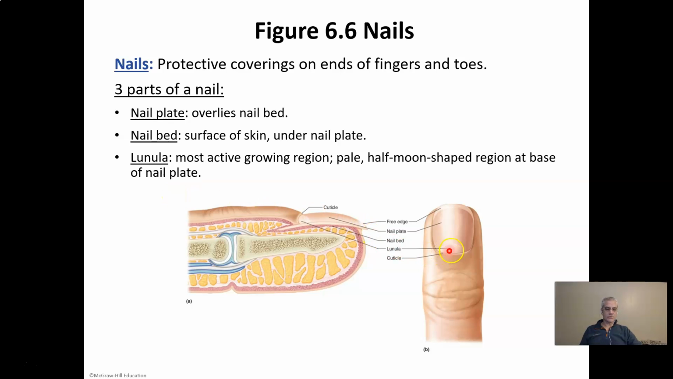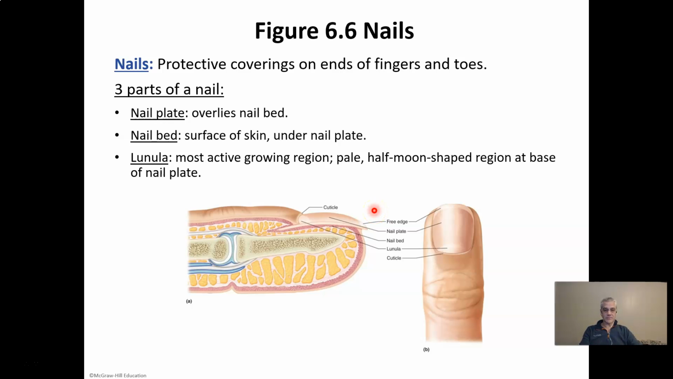So, nails grow, cells divide, and then they keratinize. This is keratin, but it's a harder version of keratin. The actively mitotic cells are back here in the lunula, and they push the whole nail plate forward. They just keep pushing from the end of the nail, or from the lunula area, and shoving the rest of the nail out the end until you get a free edge, and it's the free edge that you cut off